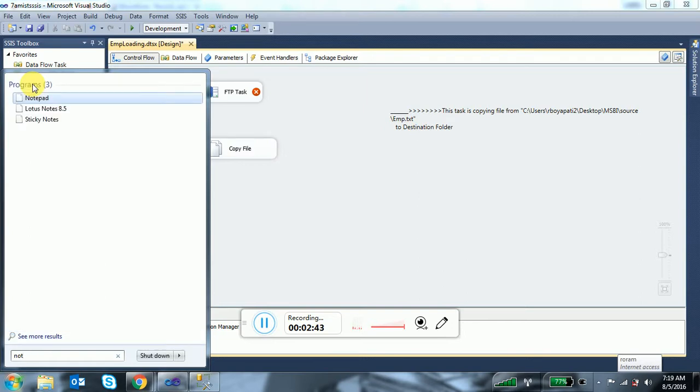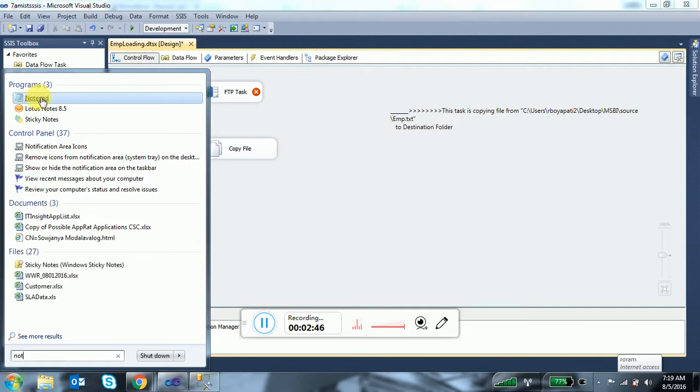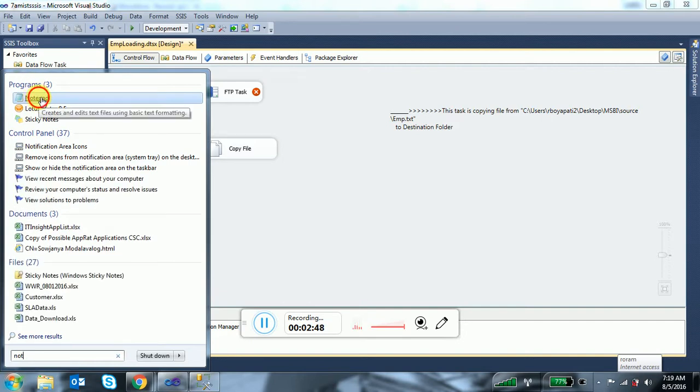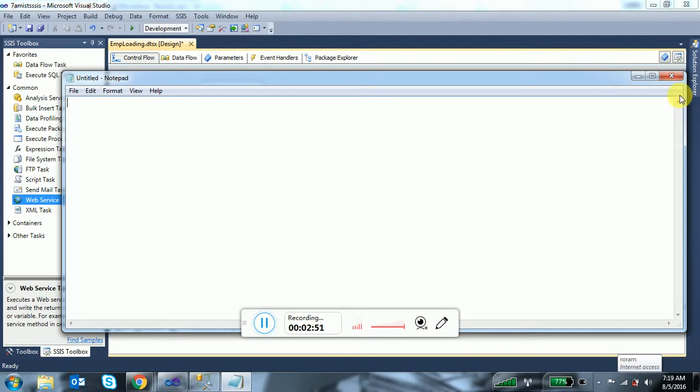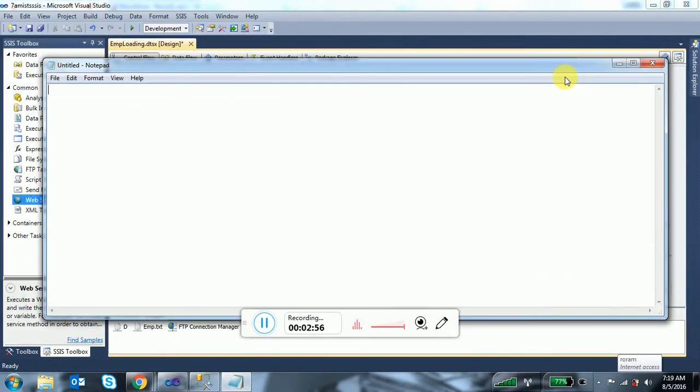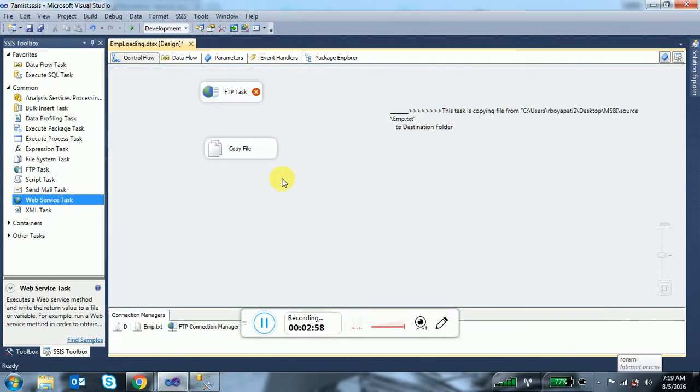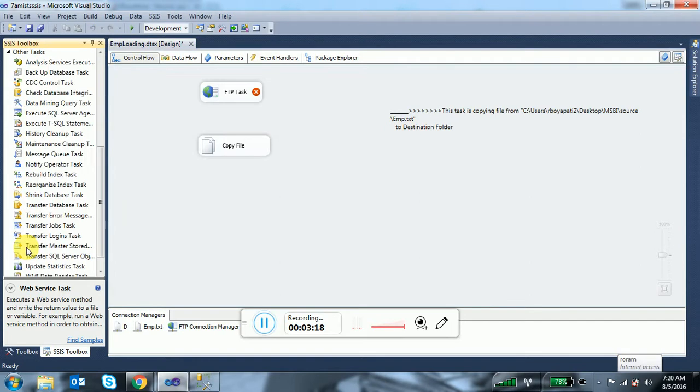The task we are going to use is the Execute Process Task. Did you find it anywhere? Yeah, this is the task we are going to use for this process. Just open this Execute Process Task, go to the Process, and the executable I am going to write down is notepad.exe.